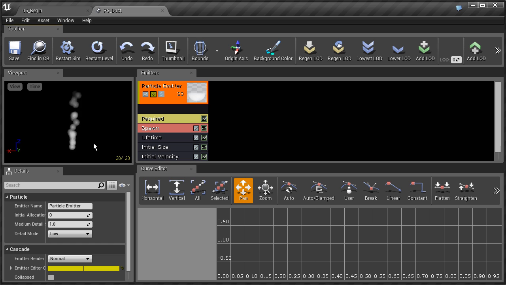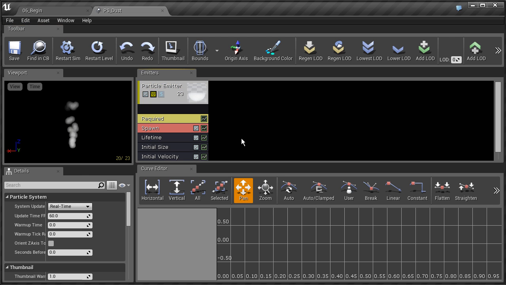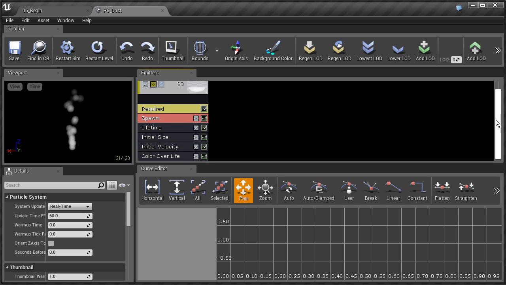our particle system. So as of right now, this particle system appears to be something like steam, and the reason for that is because of the material. It doesn't really have much of a behavior. What we have is an initial size. We have how many particles are being spawned at one time. They have an overall life, so you can see that they're fading over time, and then they have a little bit of color to them, which is from the material itself. Some are fading at the end, and they have a speed to them. So they have all these properties, and those properties are derived from the modules that you see here in the